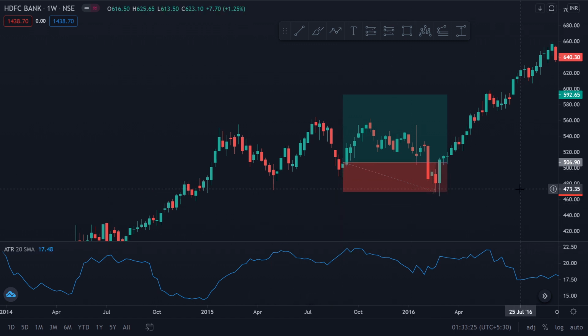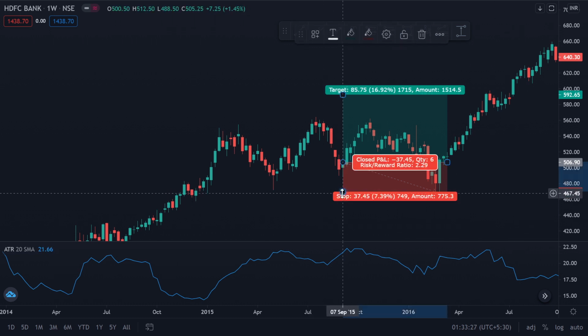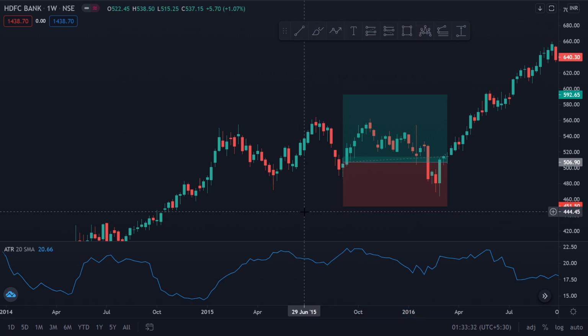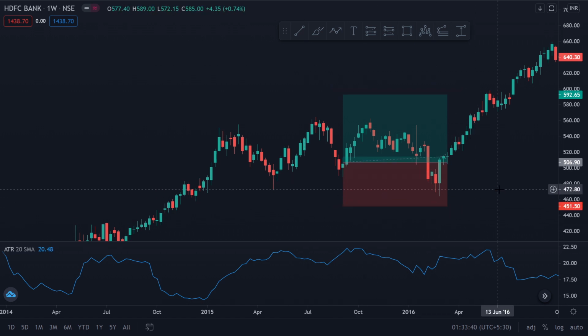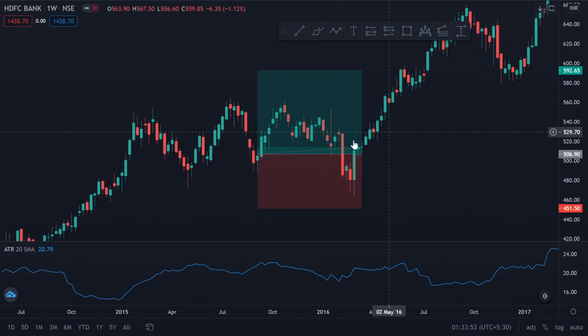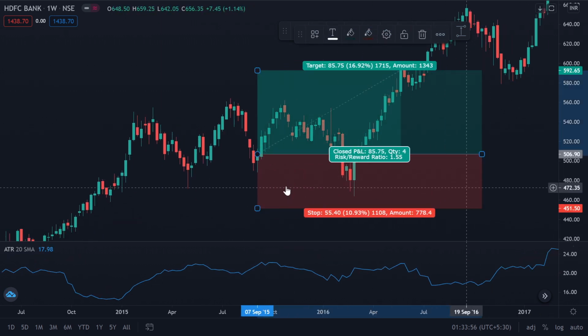So from this low of 470, I will give the stock 470 minus 20, which is 450. I will give it 20 points more room for it to move. So you can see that once I give it some more room of just 20 points, remember we are on a weekly time frame. So on a weekly time frame, obviously you'll have high ATR values. So 20, and clearly if I'm trading here, my time frame is from September till October of the next year. So this is almost 1 year.